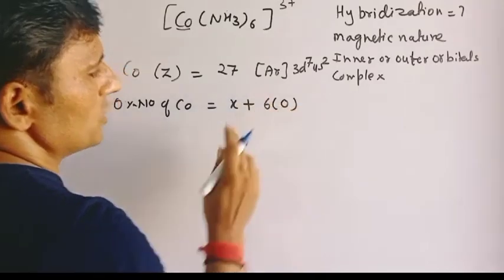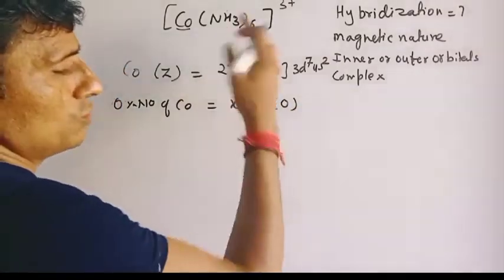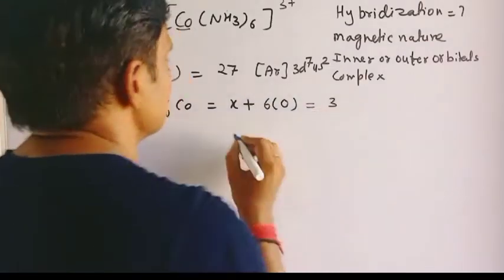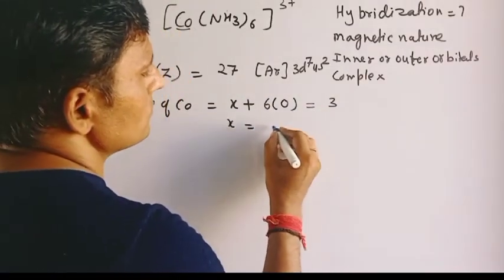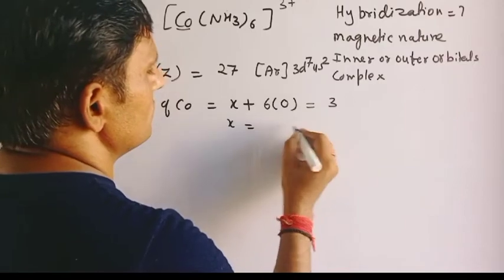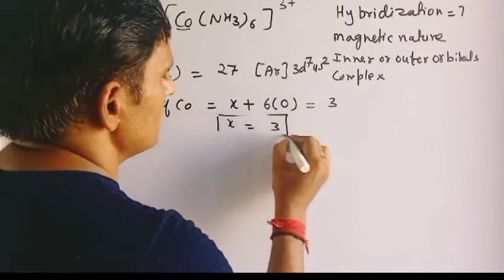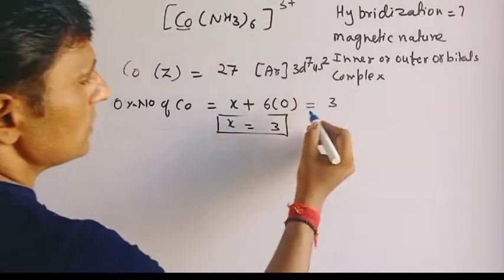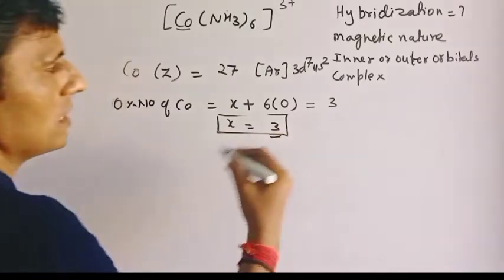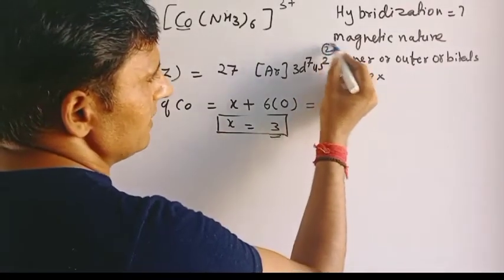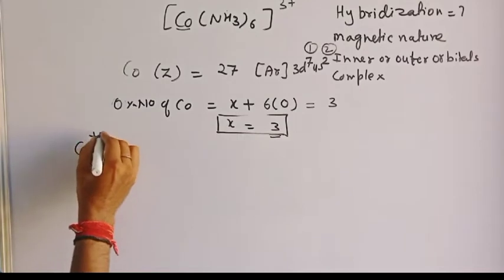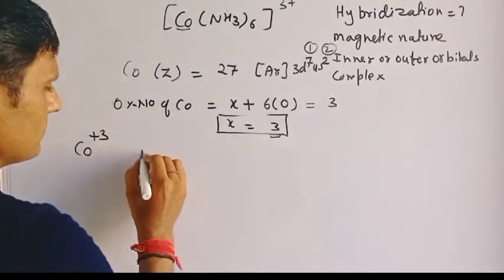X plus 6 times the oxidation number of ammonia, which is 0 because it is a neutral ligand, equals +3. So X equals 3 is the oxidation number of cobalt. Now these 3 electrons are released, 2 from the 4s and 1 from the 3d. So the configuration becomes